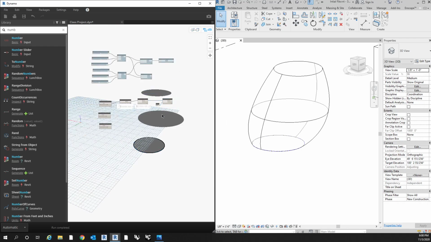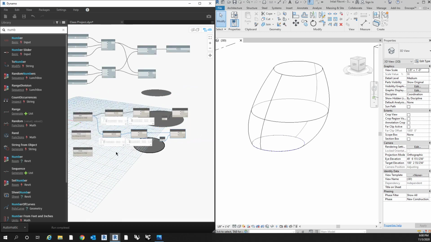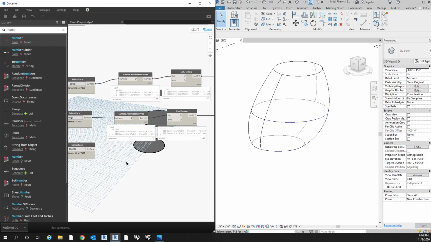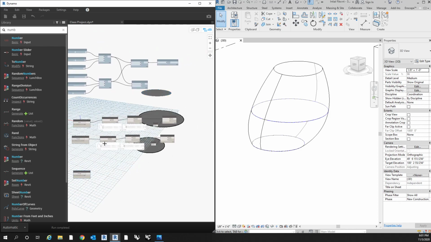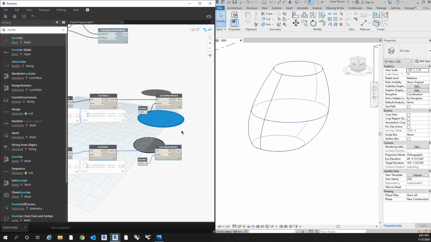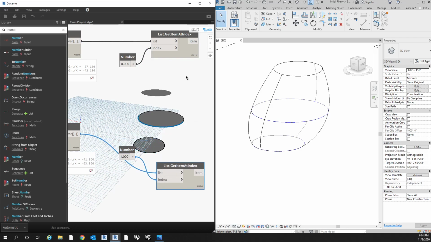Then we want to apply this same line of script, copy and paste it, and apply the next corresponding mask floor to it. And kind of space this down a little bit. All right, so we want to make sure, of course, that the two curves are not on top of each other. So we need to change this from 0 to 1. And you can use an integer slider if you want. You can do whatever, but we want to make sure that this